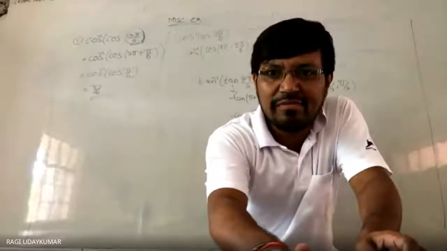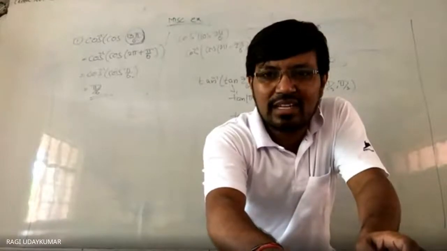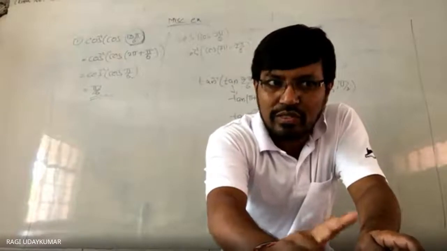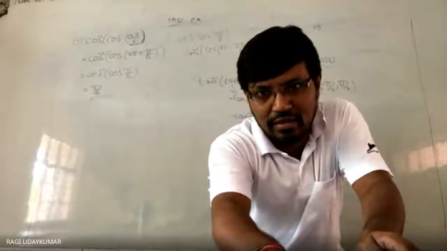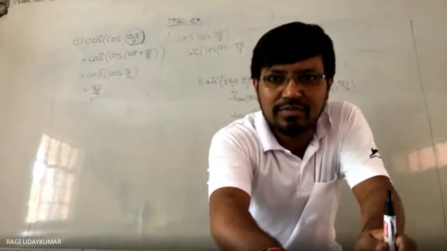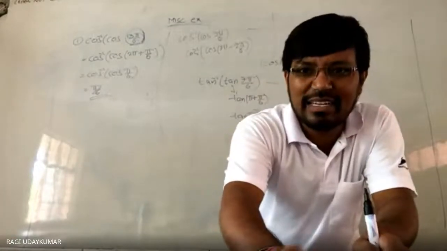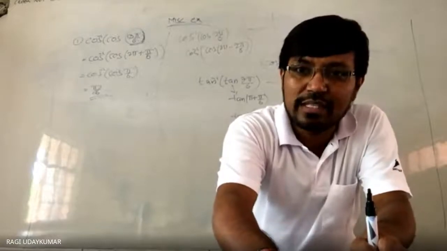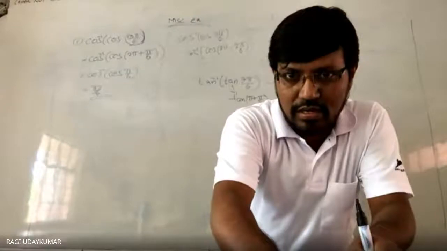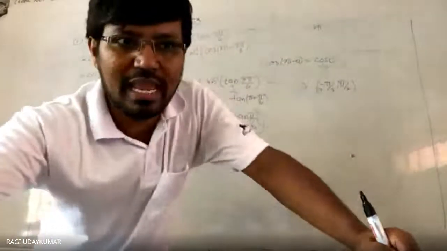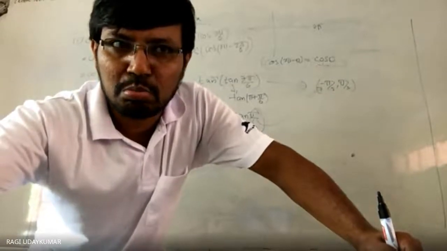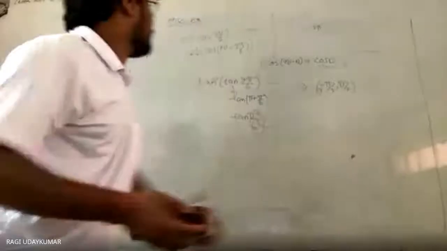First you write sin inverse 3 by 5 को x मान लो. So sin x equal to 3 by 5 है. That sin x you write in the form of the tan. After writing in the form of the tan, 2 tan inverse of x is equals to tan inverse of 2x by 1 minus x square. 2 tan inverse x equal to that you need to use. Shall I explain to you? Okay, I'll tell you. Wait.